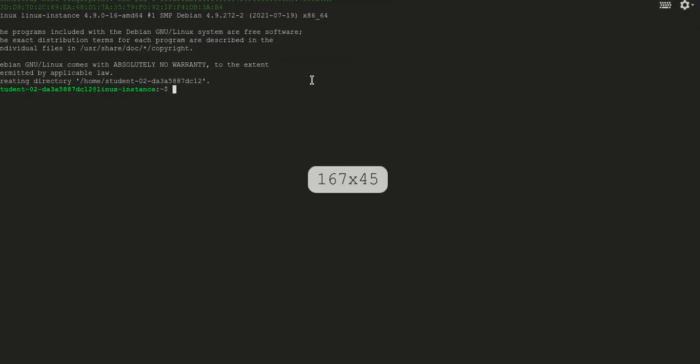Right, so let me set the variable API key equal to this, because otherwise every time I have